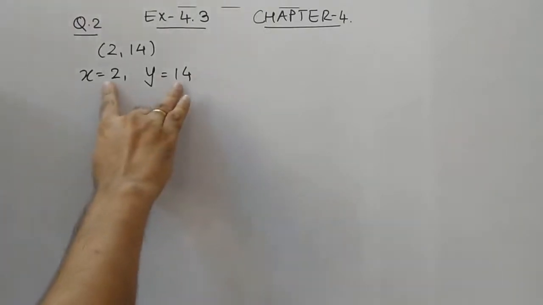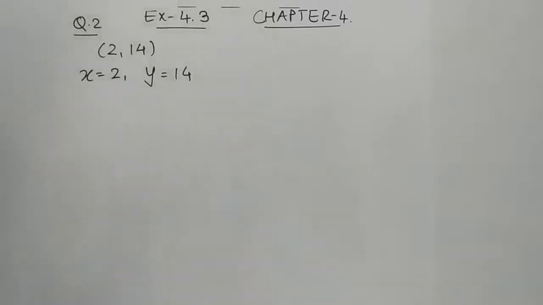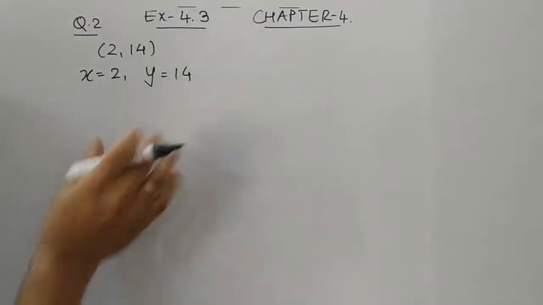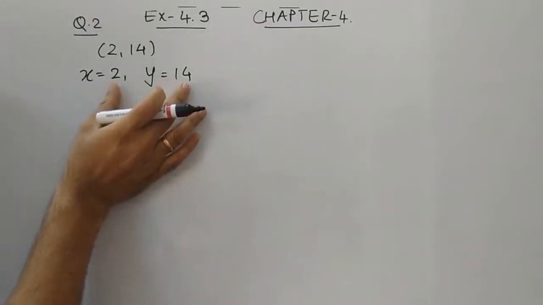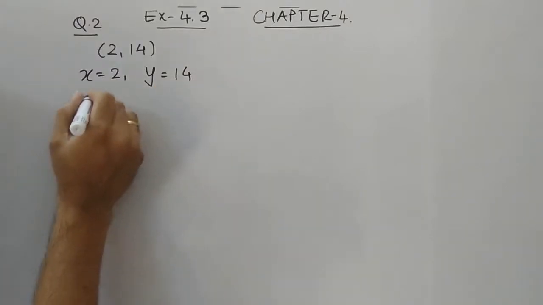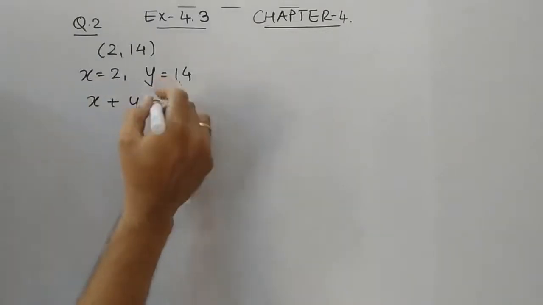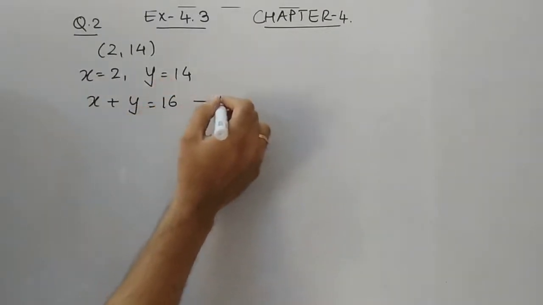x और y के जो हमें values दिए हैं, let us form an equation. Students, an equation can be formed in many different ways, so let us understand the simple way. जब भी हमें x और y के values दिए हैं, तो हम पहला इक्वेशन सीधा बना सकते हैं by doing the addition of these two. So x plus y, you can see it forms 16. This is the first equation.